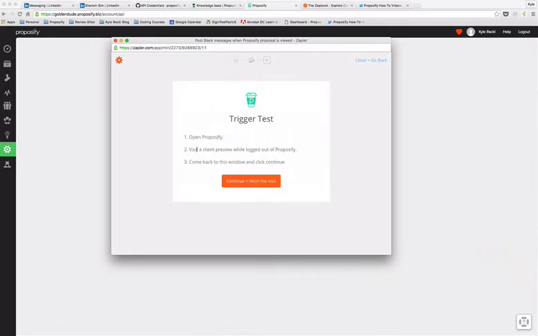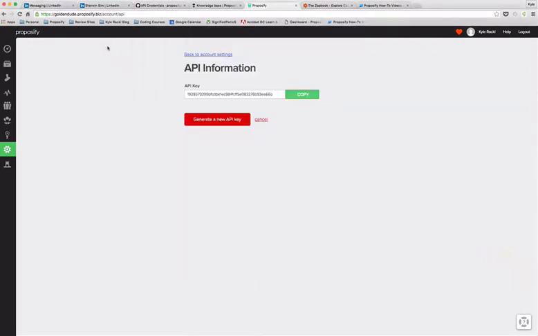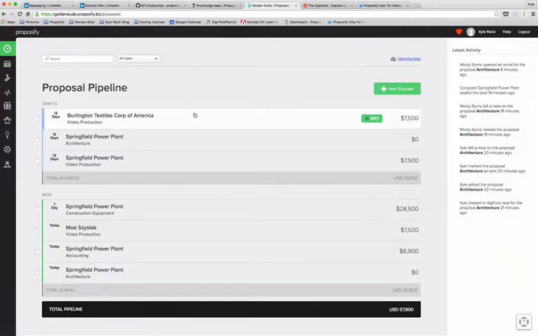It says open Proposify, visit client preview while logged out of Proposify. So basically simulate what it would be like for a client opening a proposal, and then come back to this window and click continue. I'm going to forget this test here in Zapier. I'm going to close this, and I'm going to go to a proposal that has not been sent yet. I'm going to go to this one,